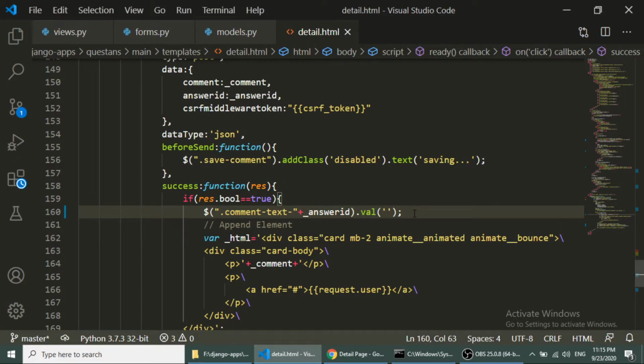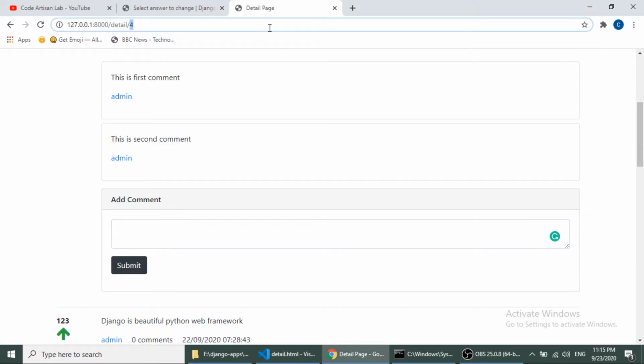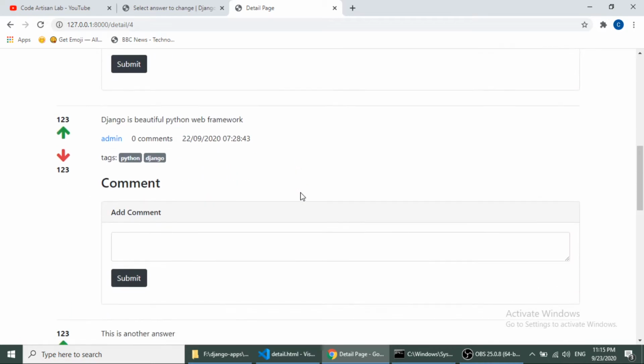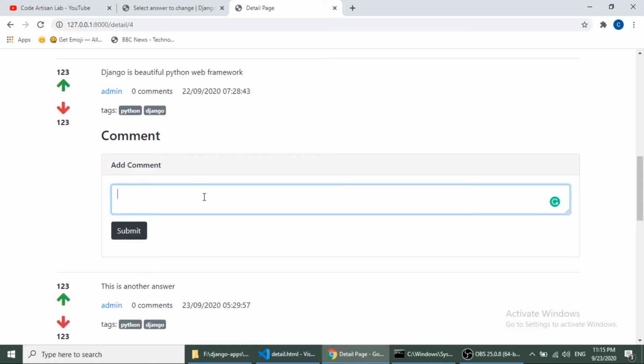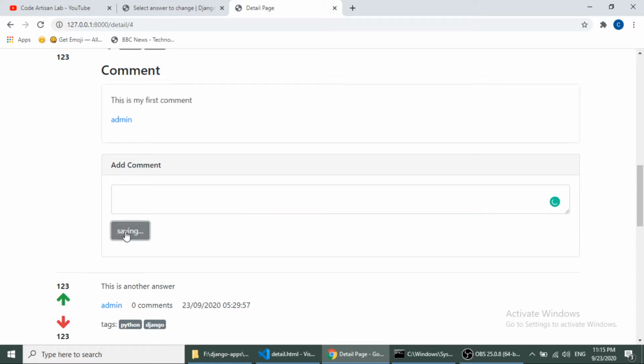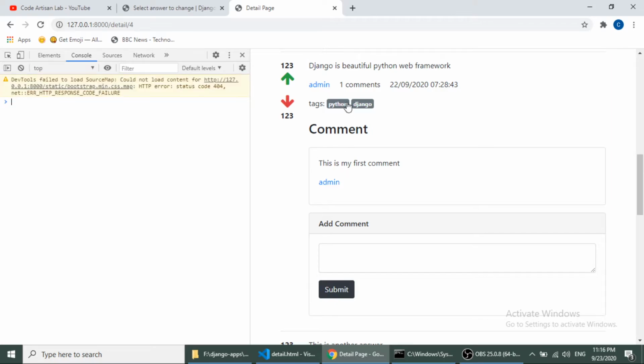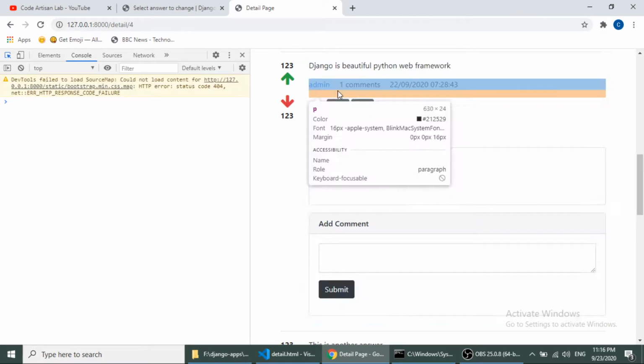So let's check this. I have done this small modification for our perfect detail page, and now I will go to the second question. This is my first comment. Submit this. Here I have added the comment, but it is not showing the counting.